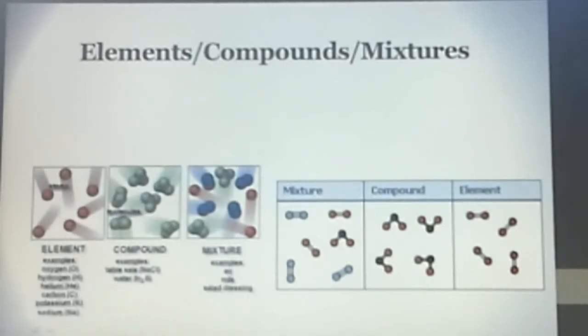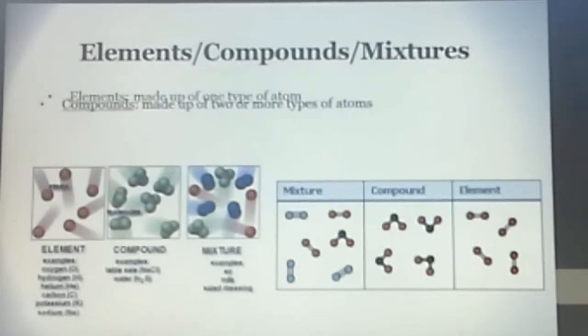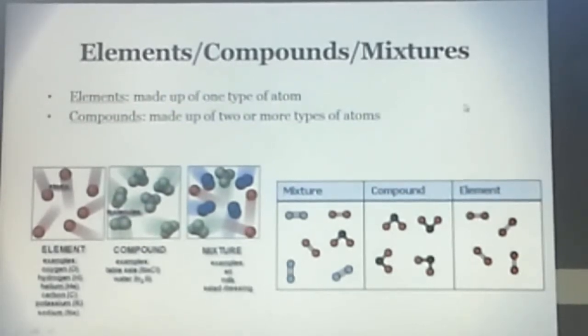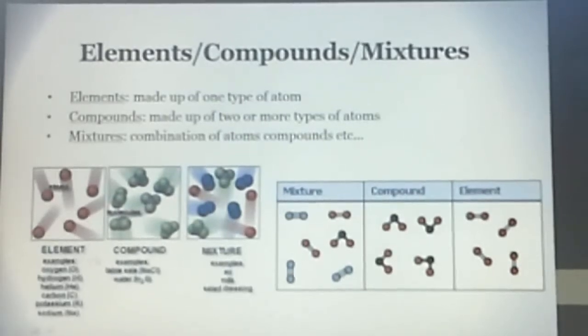Elements, compounds and mixtures. Elements are made up of one type of atom. Compounds are made up of two or more types of atoms, and mixtures are a combination of atoms, compounds, etc. In the first picture you can see an element, and the examples are oxygen, hydrogen, helium, carbon, potassium and